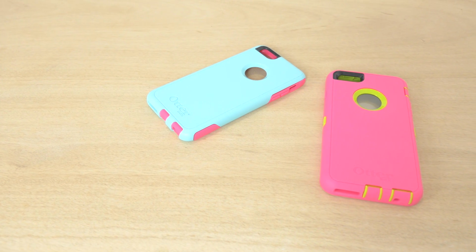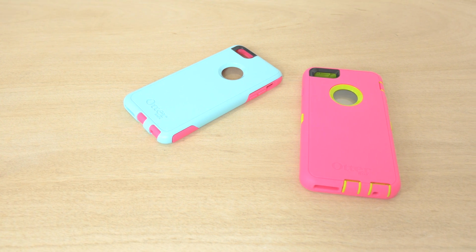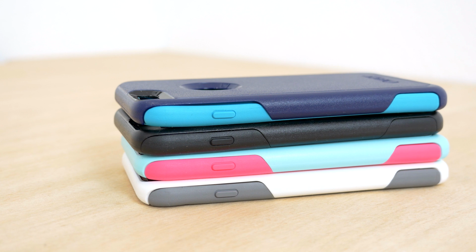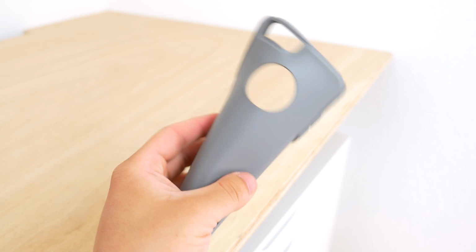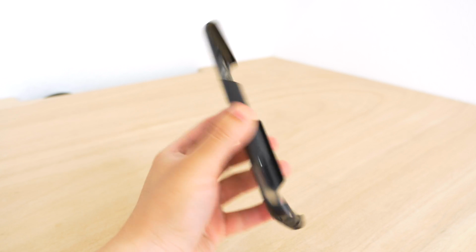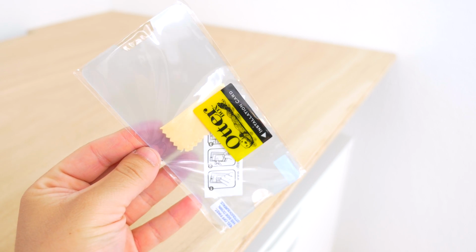Otterbox has made a name for themselves in the ultra-protective case space, and they continue to provide top-notch protection for your new devices. Starting with the Commuter Series, the less protective of the two, we have a two-piece design that comes in a variety of colors. The inside is a soft rubber case to help absorb impact, and the outer shell is a hard protective polycarbonate. It also comes with a screen protector that can be applied separately, and with this you have full protection of